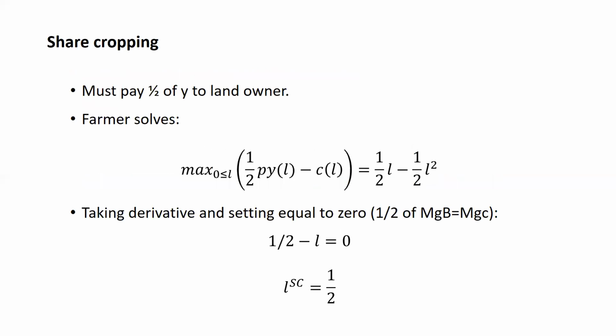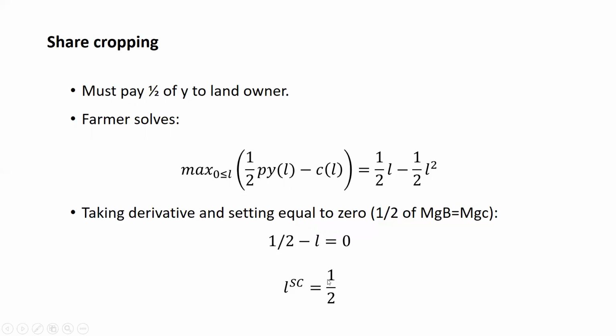But we're just going to compare this with what happens with the effort level under sharecropping, where now you only get to keep half of the revenue from your sales. So now your income is not P times Y, but a half P times Y because the other half goes to the landowner. And so now your marginal benefit is 1/2. It's not 1 because for every unit of effort you increase, you produce 1 extra unit of output, and then out of that, you only get to keep half. You sell it for $1, you only get to keep 50 cents. The marginal cost of your effort is still L.